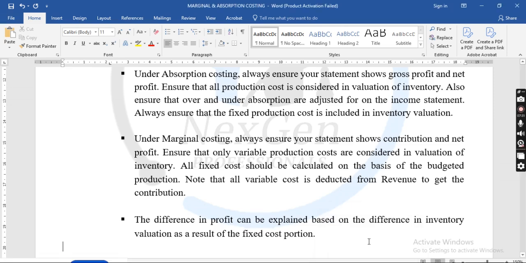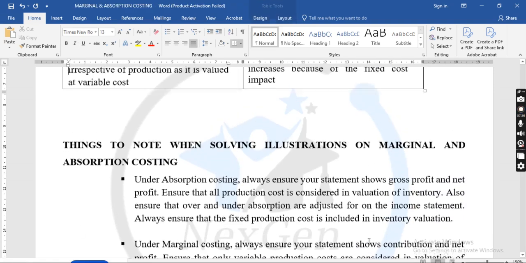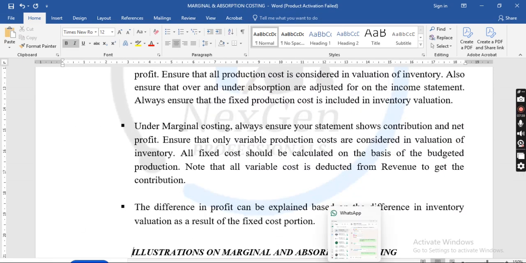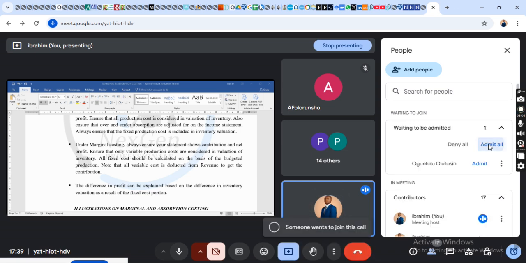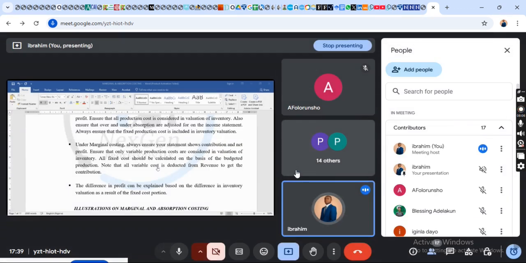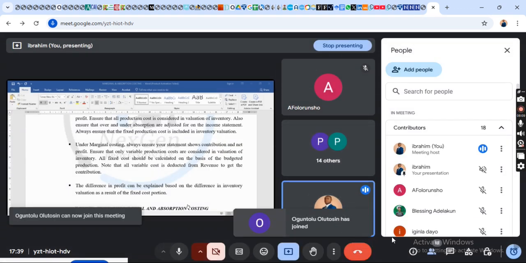Then you can see the differences, class. The difference between marginal costing and absorption costing arises as a result of the valuation of inventory. Absorption costing uses full cost, marginal costing uses variable cost, and because of the differences in valuation, they will always have a difference in their profits, right? And we will still look at